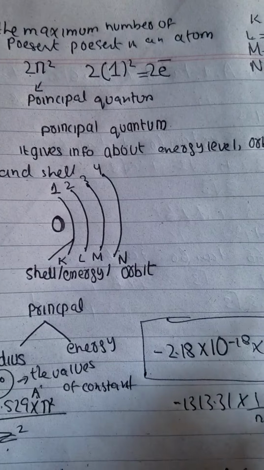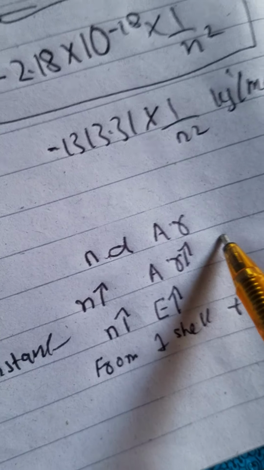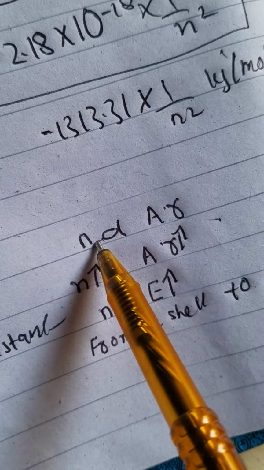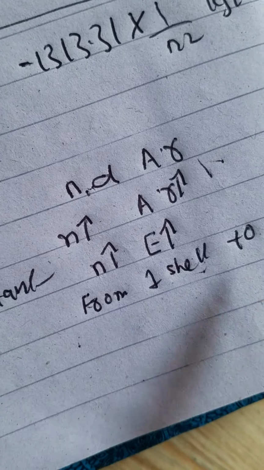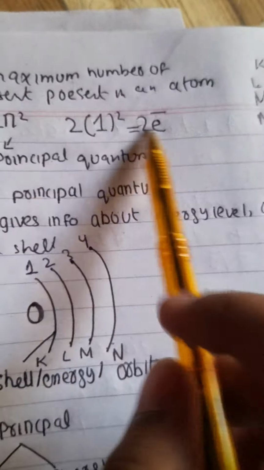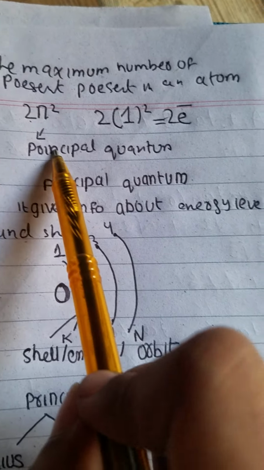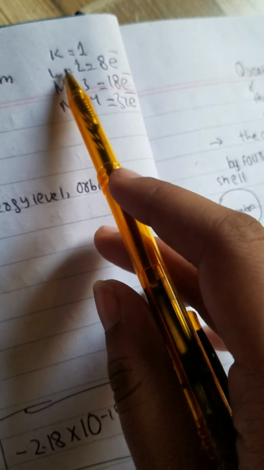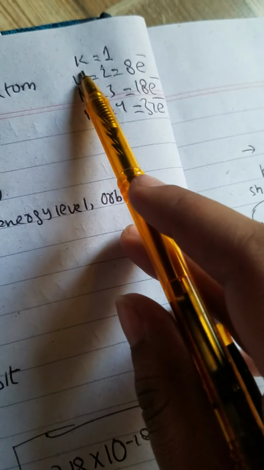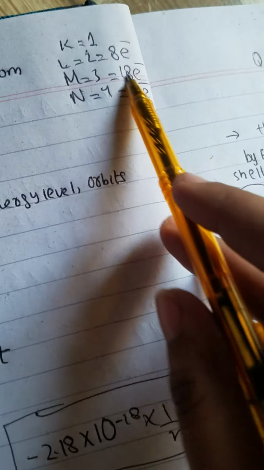So what does principal quantum number tell us? It tells us about the energy and radius. As n increases, atomic radius also increases, and the energy also increases from one shell to infinity. The maximum number of electrons present in an atom can be known by the formula 2n square, where n is the principal quantum number. And the shells are designated by K, L, M, N. So this is all about